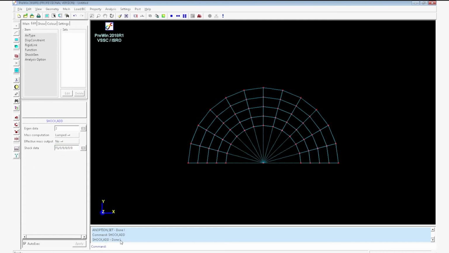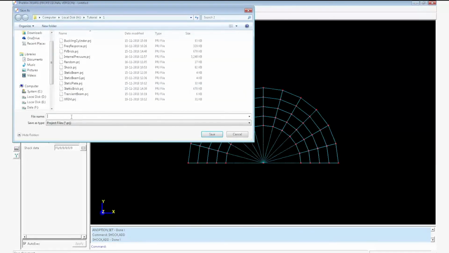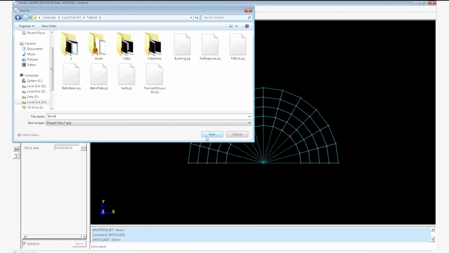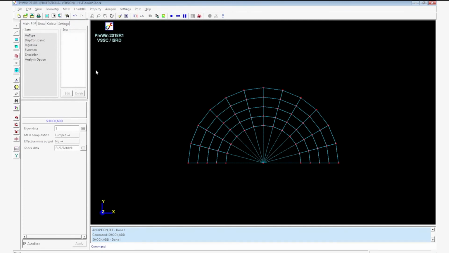Now save the model. Run solver. Confirm yes. It will show an error message that material 0 is not defined, which means we haven't defined the material yet.